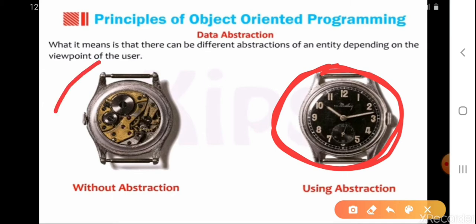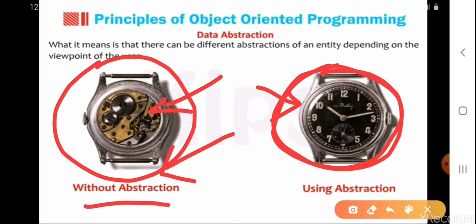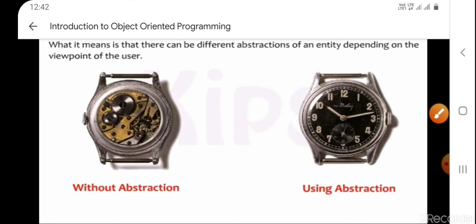But for a technician of a wristwatch, he needs to know the internal details. Yes or no? So for a technician, it has a different level of abstraction, and for a normal user, it has a different level of abstraction.